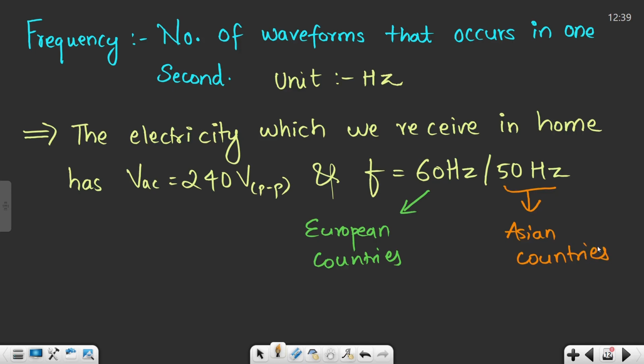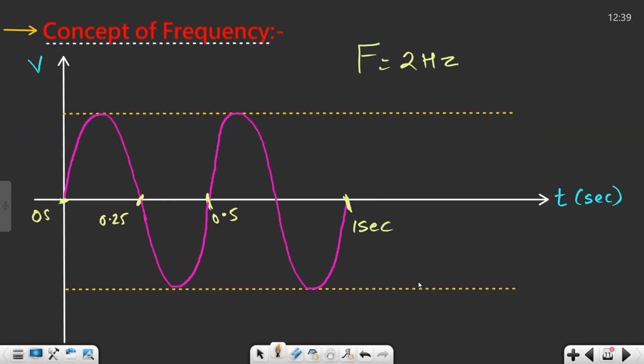Okay, now what does that mean? What exactly is 50 hertz? That means 50 such AC waveforms are repeating in 1 second. Just to give you an example,